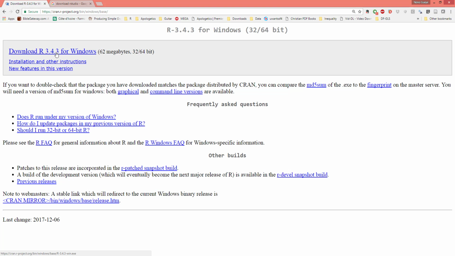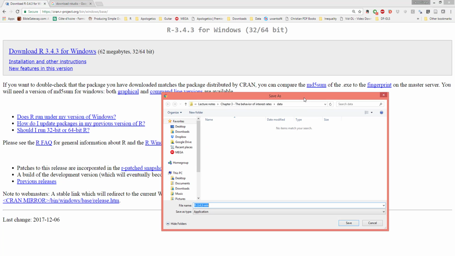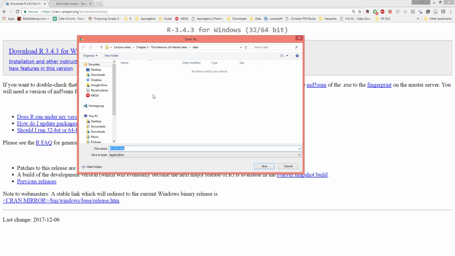Today is January 24th, 2018, and the latest version of R as of today is R 3.4.3. So just click on it. Once you click on it, the download process will be initiated, and there it is. Once you download it, just go ahead and install, just like you would install any other software on your system,